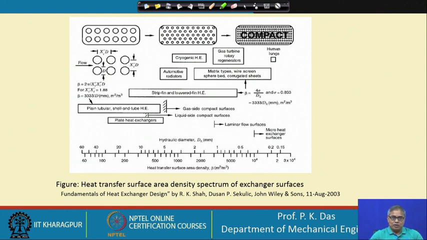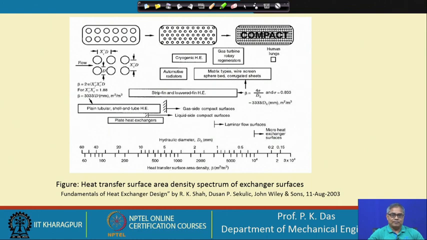We will spend some time on compact heat exchangers, and there the other aspects will come, but let me cursorily tell at this point that this is not without any penalty, because when we make it very compact, then along with the complexity of the manufacturing processes, the pressure drop also increases, and one has to manage the pressure drop, and if the pressure drop increase is justified by other benefit, then only one can go for a very compact heat exchanger.